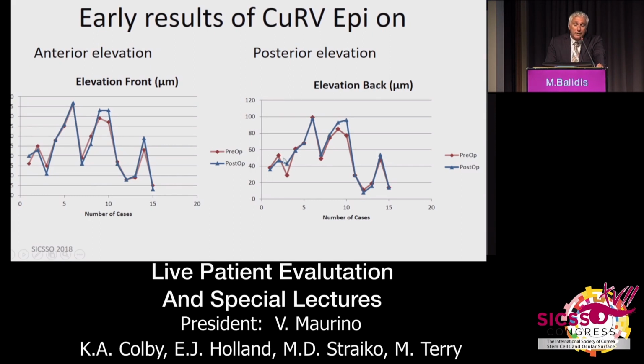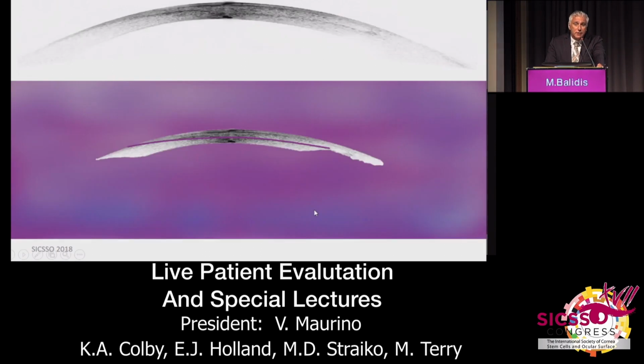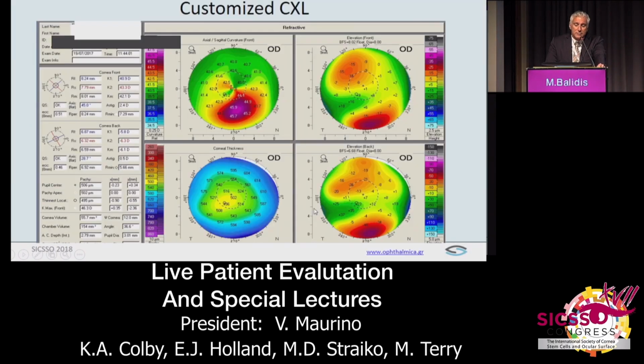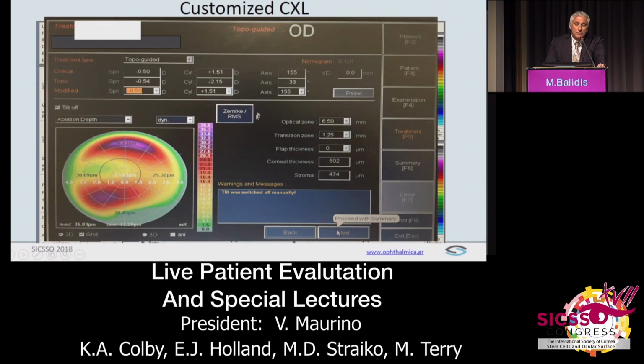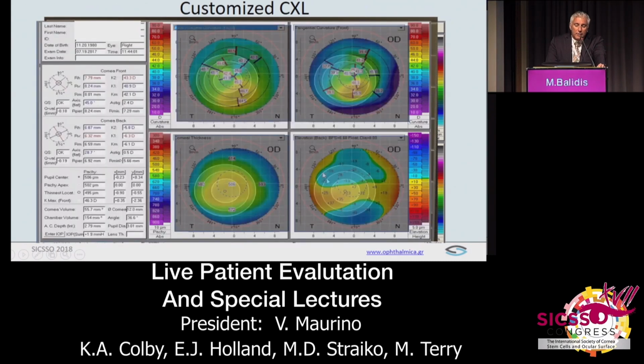On the other hand, we do see the reduction of the Kmax in the same stage. This is another case that I will show you with customized cross-linking. And in this particular case, we are centering the procedure on the thinnest point,